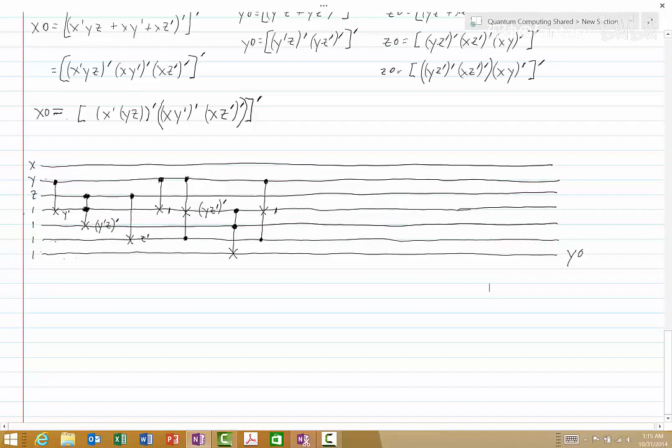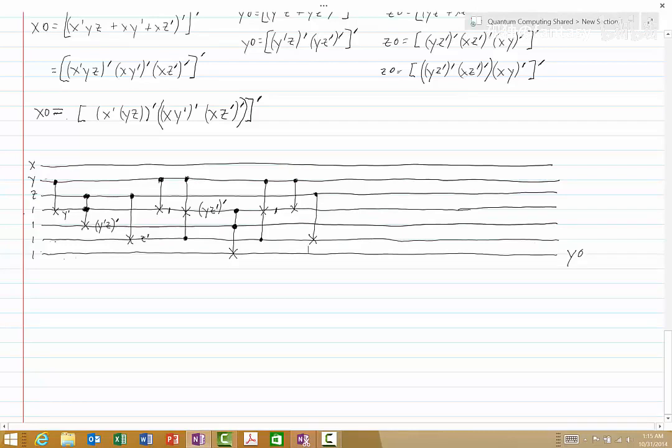This gate will undo this one, and then we would have this one, this would undo that, and then we could put this gate to undo this,